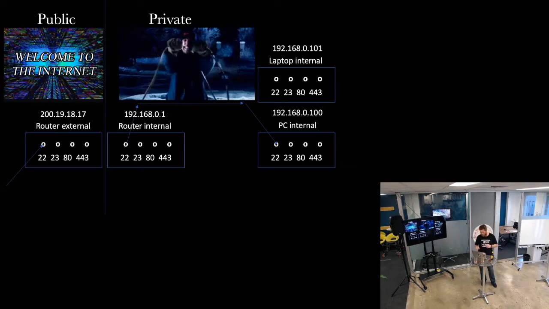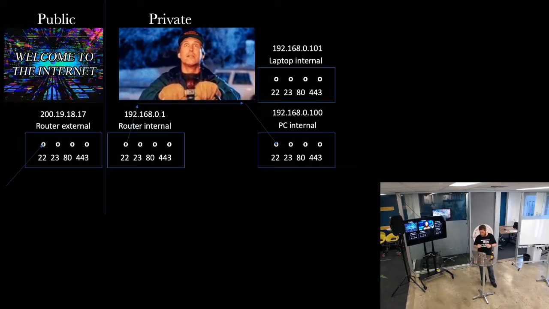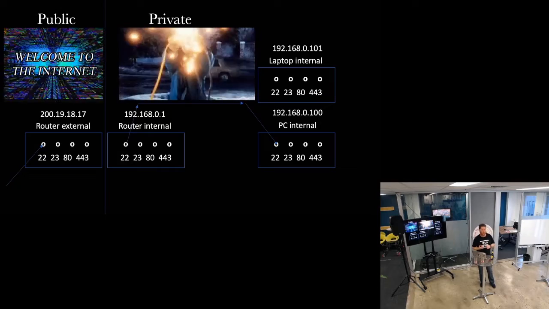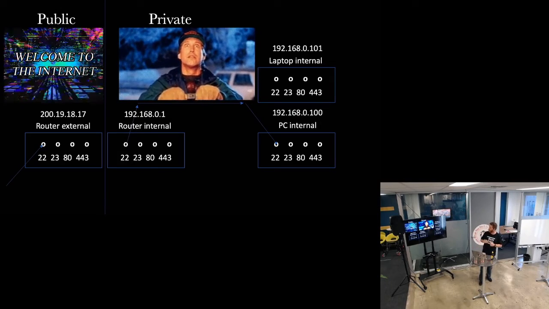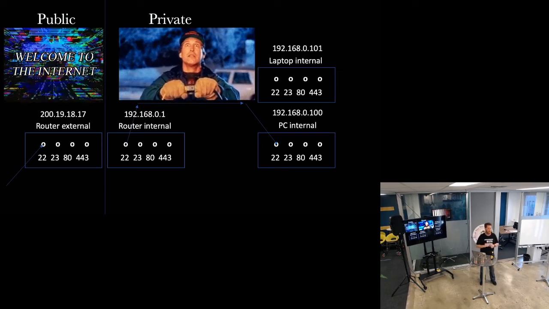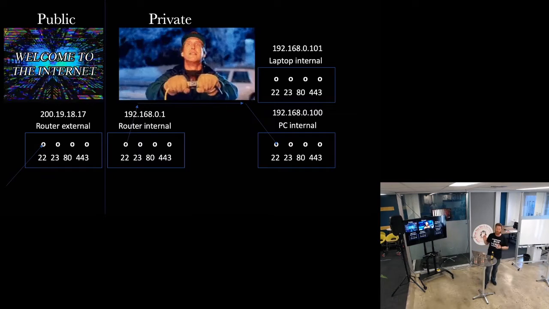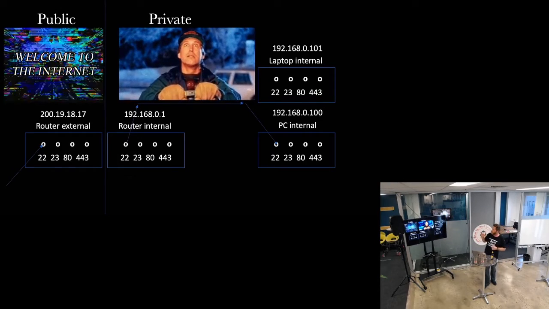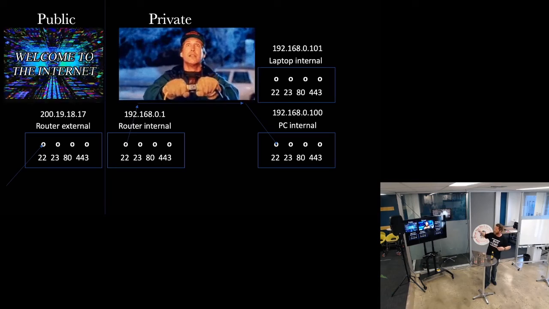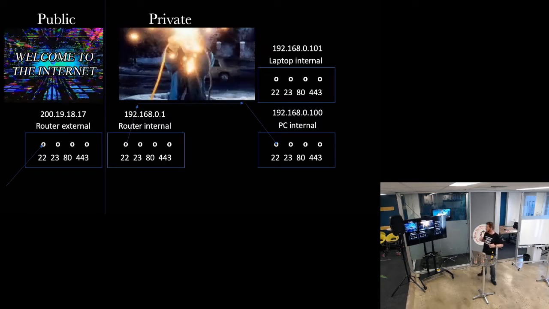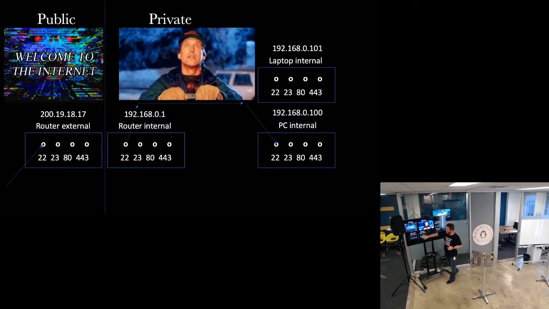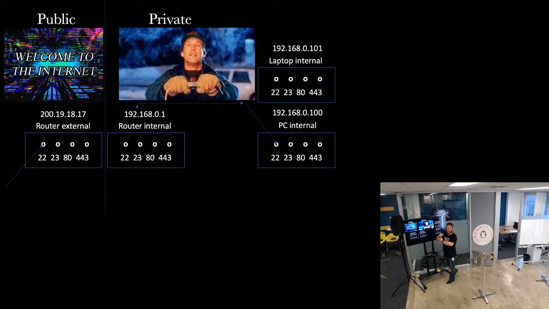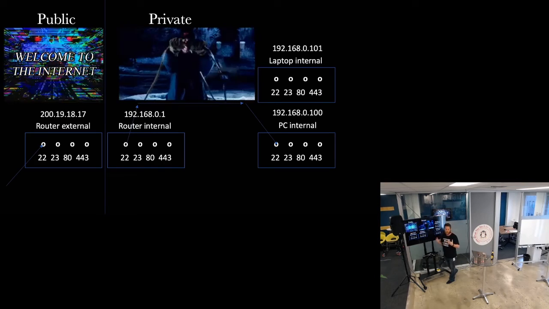So in this slide, we want to know how computers in a private network talk to computers that are outside of that private network. So if you have unsolicited traffic come up to your router and try and get through to your web browser, for example, on port 80, your router will just block that out and it will drop those packets. The way that you get traffic through your routers, you have to set up port forwarding. So what's happening here is this and this are pretty much the same thing, but on opposite sides. And in the middle, your router says what can come through and what can't come through. It's basically your kind of firewall on your router.